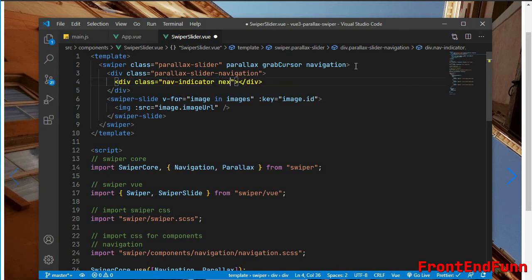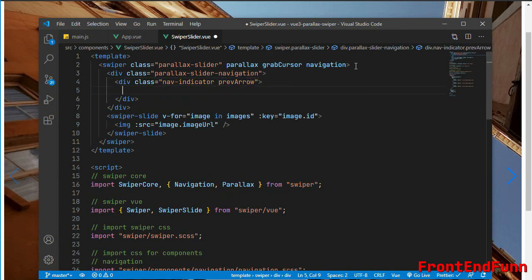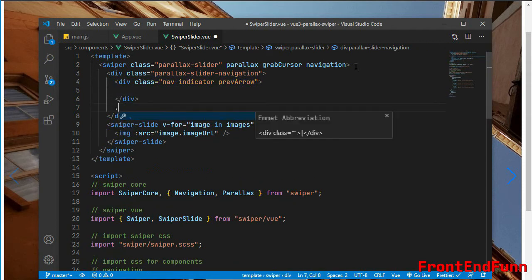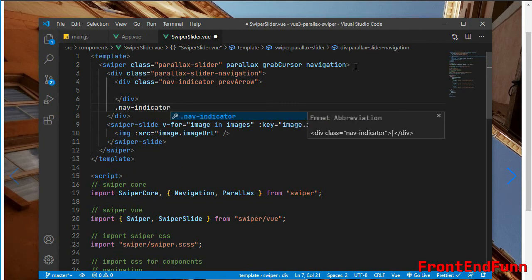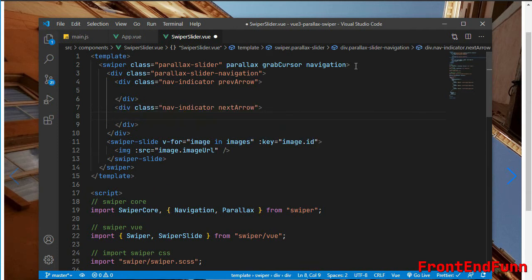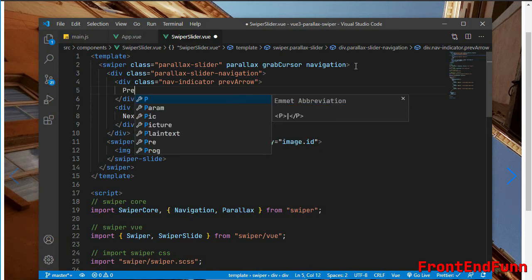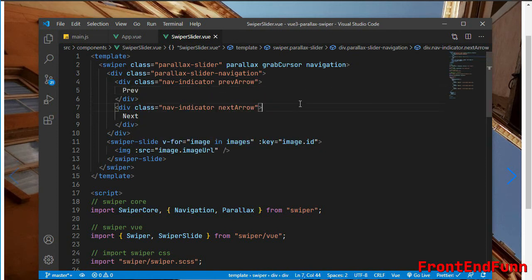This will be the prev arrow for the previous one, and similarly for the next one, nav-indicator next-arrow. So this will be next and this will be previous.